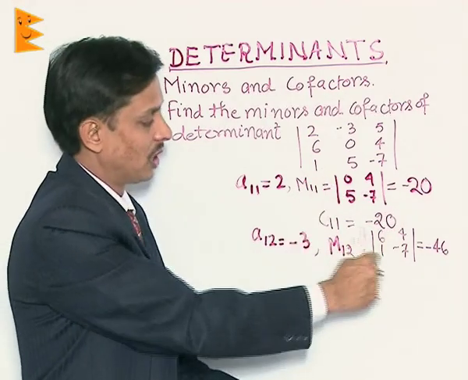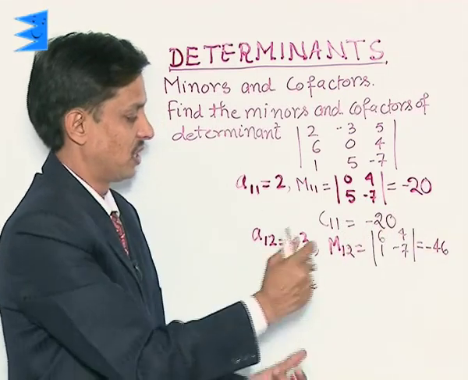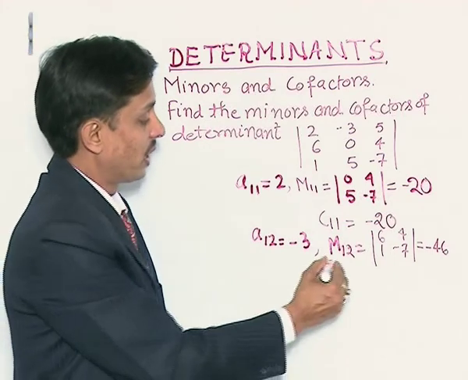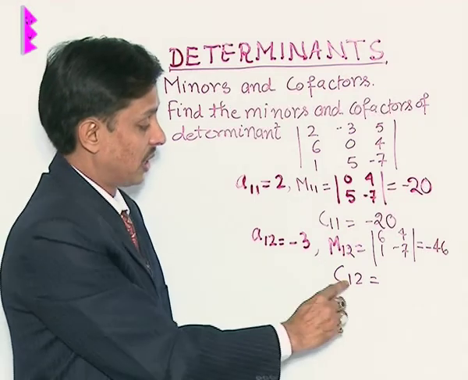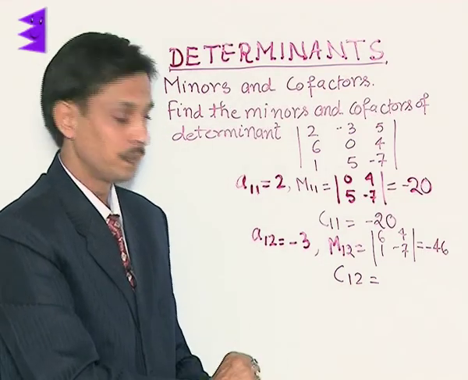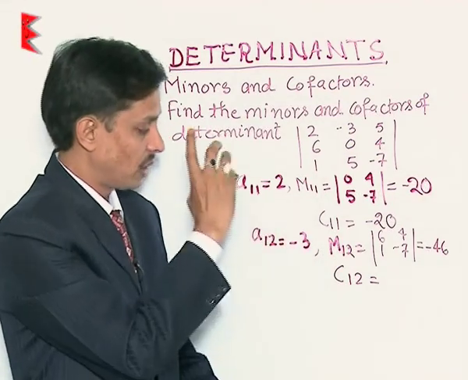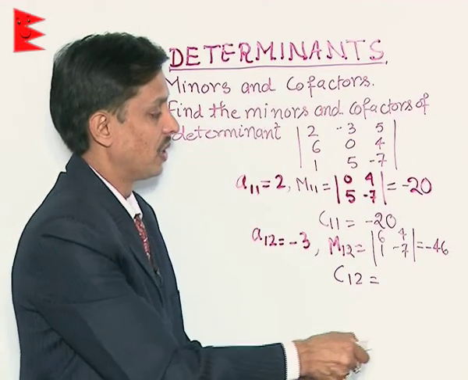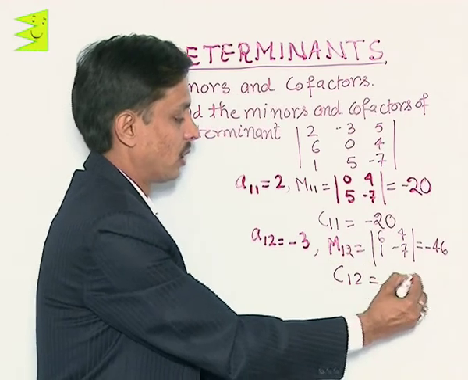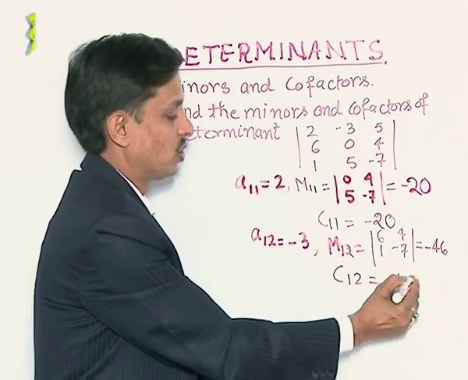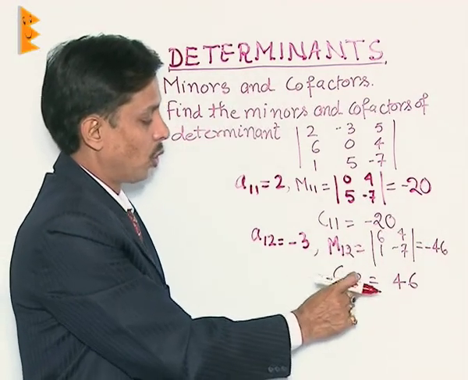And with the help of cross multiplication, 6 times 7 is 42 and 4 times 1 is 4, that is minus 46 is the minor. Now the question reads, what is its cofactor, that is C12. You can observe that it is 1 plus 2, that is 3. 3 is an odd number. If the number is odd, then the cofactor has the same value as the minor, but its sign will get changed. So the cofactor for this is plus 46, because the minor is minus 46 and